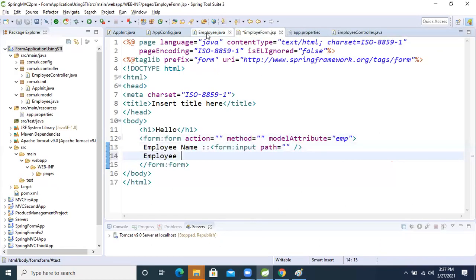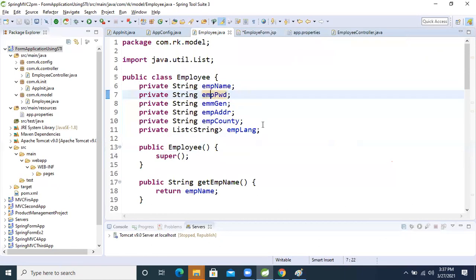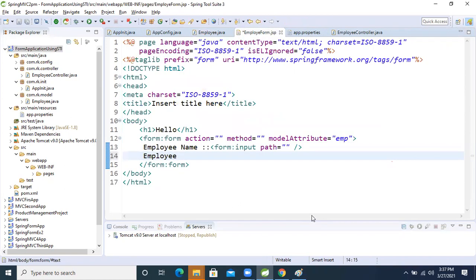Come to the model: employee emp password, right? Emp password is there. So employee password, form colon password.